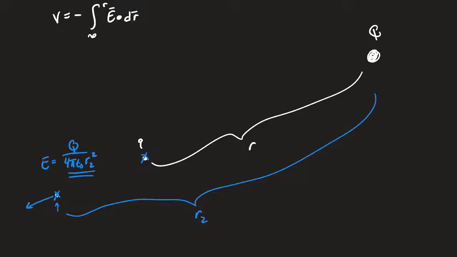I'm bringing it up because I need to find a way of writing the electric field from this charge. Since it's a point charge, I just write it like this. So when I go to find my electric potential,